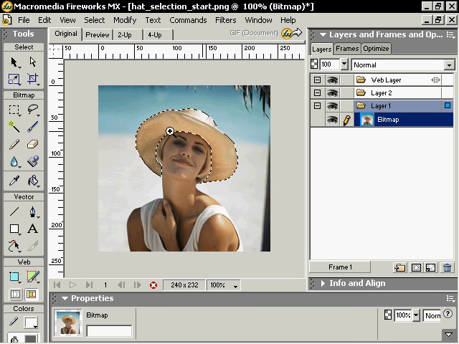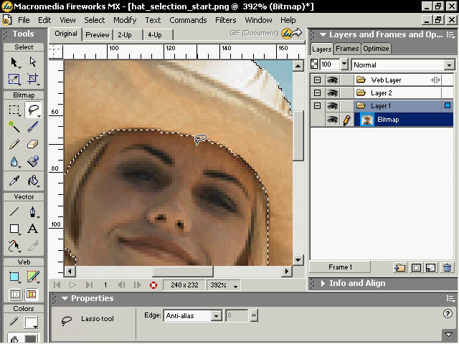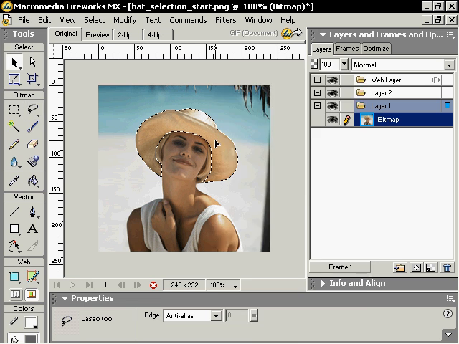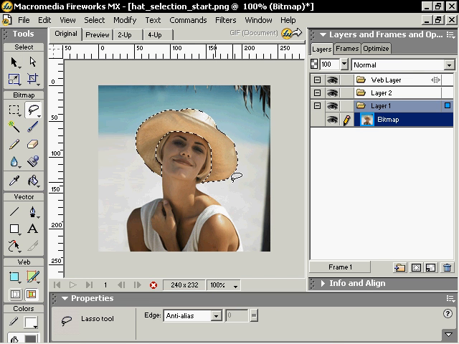So now if we had to go in here and make any modifications, we can select the Lasso tool, whatever tool we're using, make those changes, zoom out, then we'd save the selection again. Okay, now let's copy this again, so Control-C and then deselect. But I just wanted to reinforce how powerful saving the selection is, especially with your more complicated selections and ones that you spend some considerable time with,